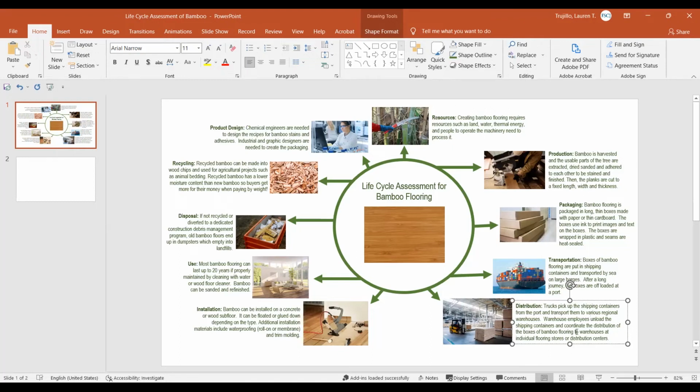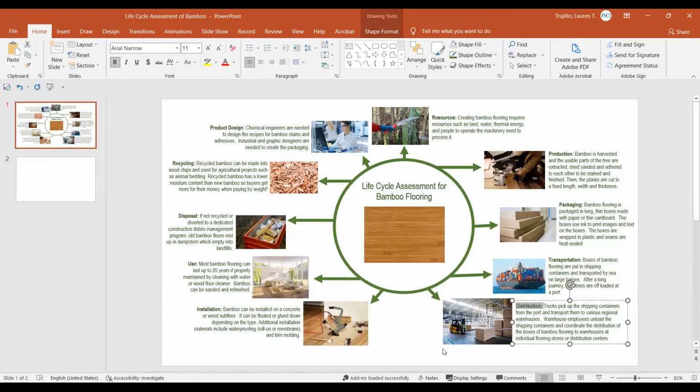So that's what I'm putting here, 2 detailed sentences. You're also seeing that I'm adding this bold font that indicates the step on the life cycle assessment here, just to make sure that it's really clear to the viewer. So that's how I created and populated this as well.